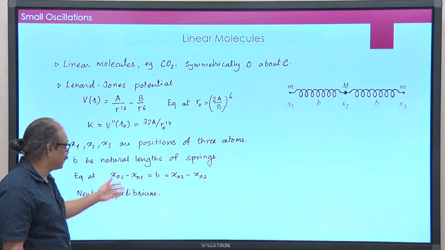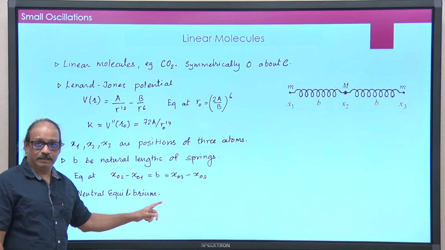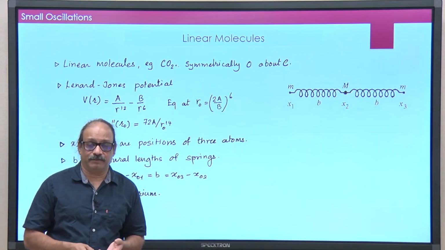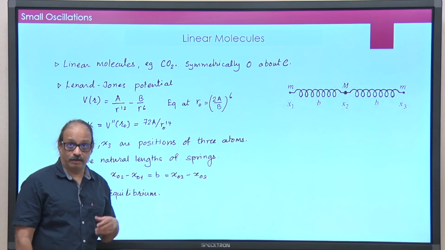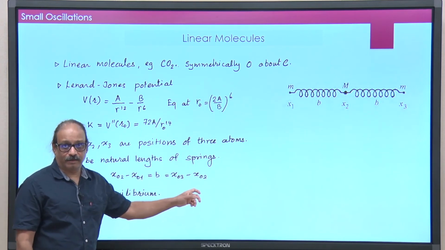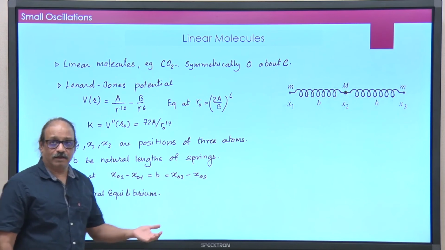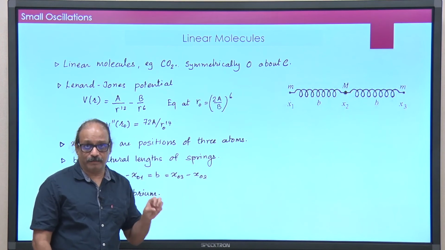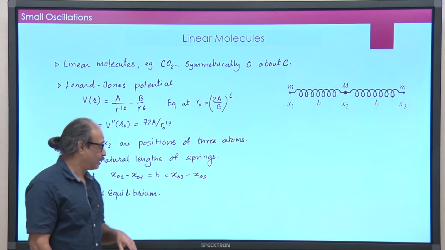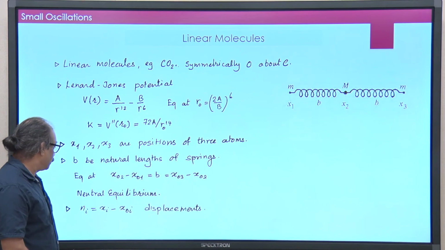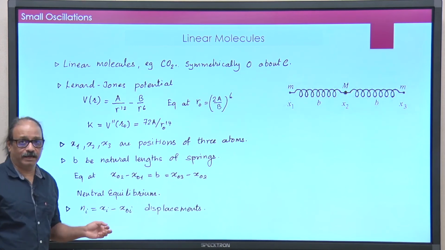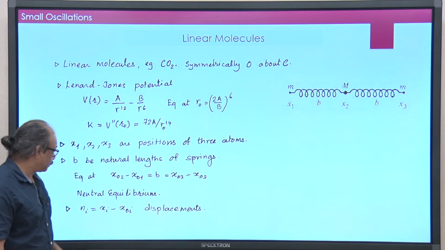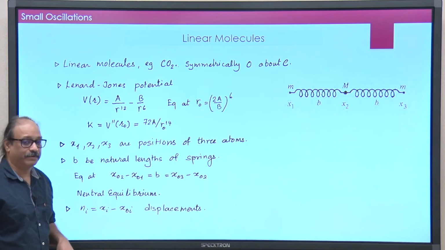So, what will happen in this case is the potential energy matrix will not be positive definite, it will be semi positive definite. One of the eigenvalues or even more could be 0. Okay. All right. So, I will actually solve this problem, and then we will look at the solutions and see how that problem of 0 eigenvalue gets resolved and what it means. Okay. Define eta i's as the displacement from the equilibrium position. Okay. So, we will fix that.